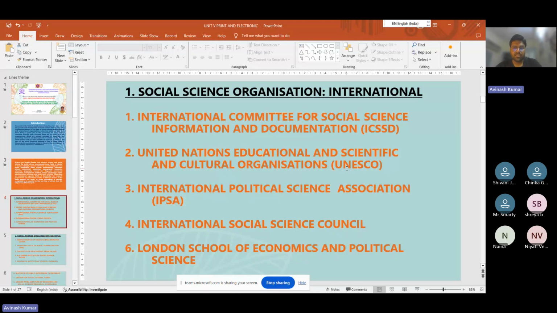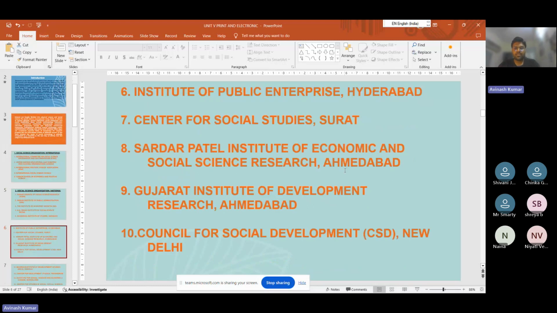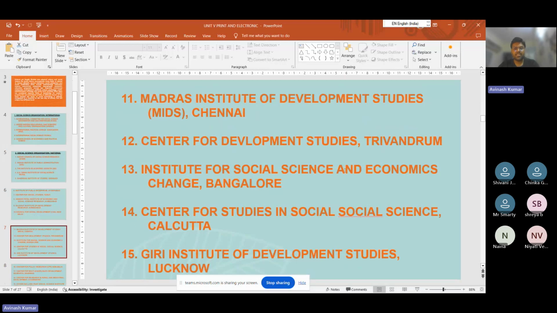Next are social science organizations at the national level. As you know, the Indian Council of Social Science Research is in Delhi. Then the Indian Institute of Public Administration, the Institute of Economic Growth, AN Sinha Institute of Social Science, Patna, Gandhian Institute of Studies, Varanasi, Institute of Public Enterprises, Hyderabad, Center for Social Studies, Surat, Sardar Patel Institute of Economics and Social Research, Ahmedabad, Gujarat Institute of Development Research, Ahmedabad, Council for Social Development, New Delhi, Madras Institute of Development Studies, Chennai, Center for Development Studies, Trivandrum, Institute for Social and Economic Change, Bangalore, Center for Studies in Social Science, Calcutta,